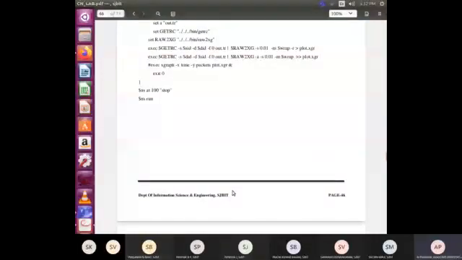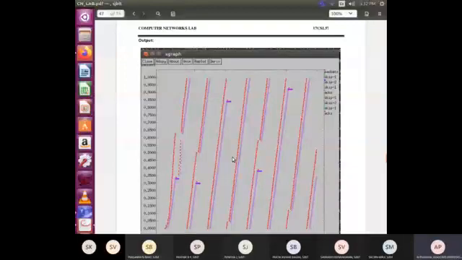Now, look at this graph. Compare this graph with the fifth program graph. You can see that there are two sets of lines over here also. One is red dots, another one is purple dots. So for the red dots, you can see the gap between the red dots.